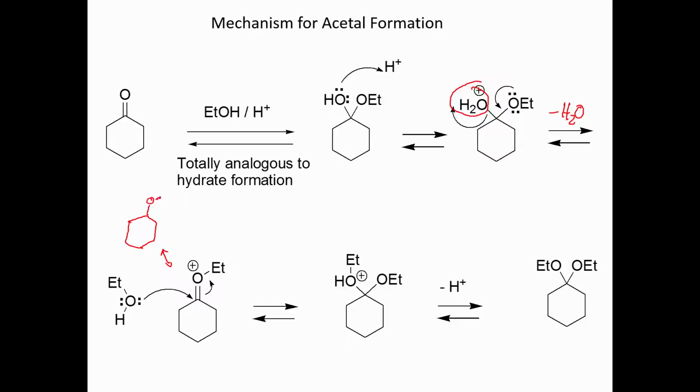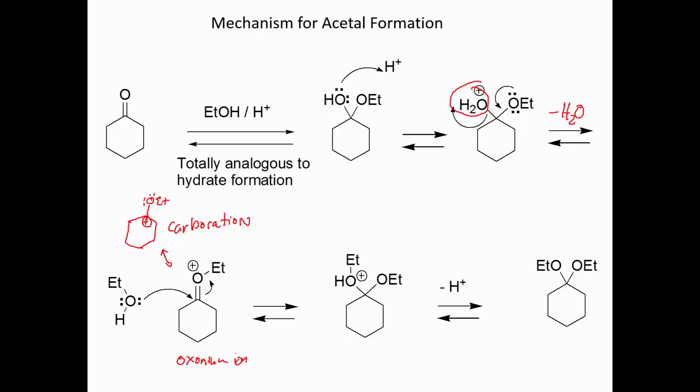Okay, let's just look at that. That's a resonance structure that you could write for this. In this form, it's an oxonium ion. In this structure, it's a carbocation. Now, because we're doing this reaction in ethanol as a solvent, we have a lot